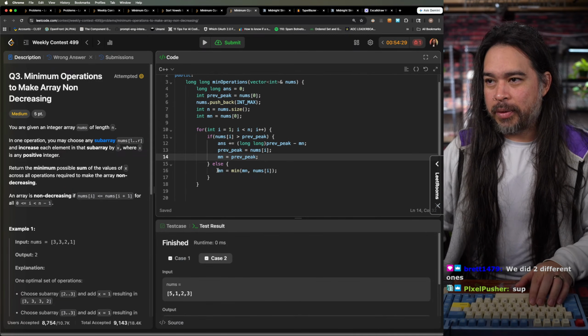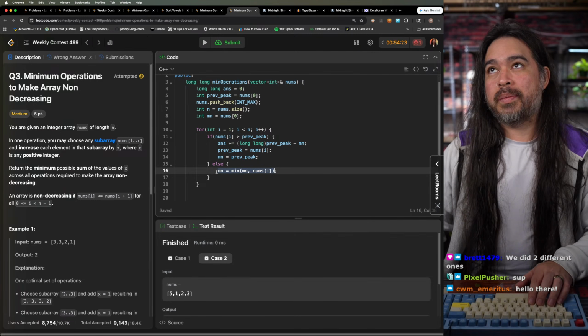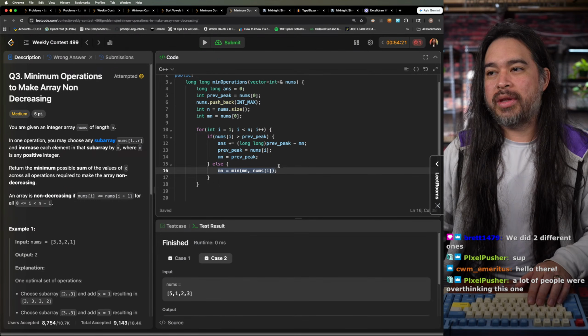Let me see what I'm doing. So this is the minimum. I don't need the minimum, I just need the valley. So if it's lower than